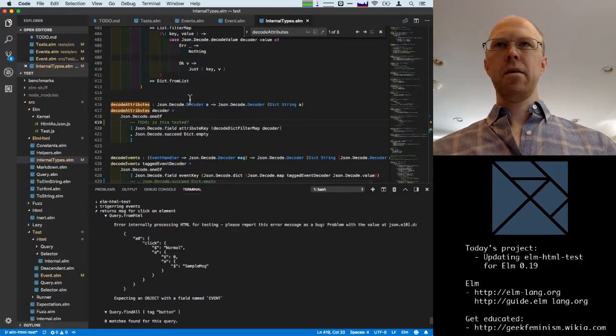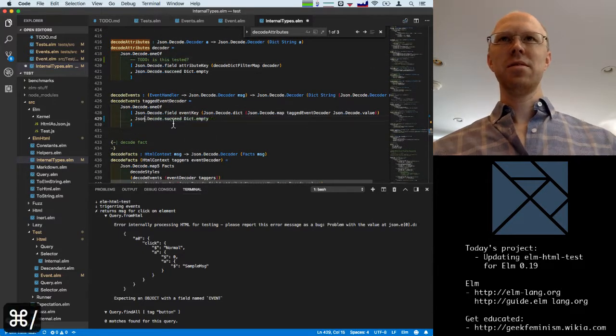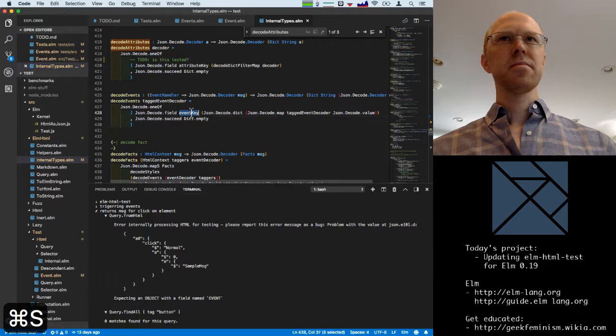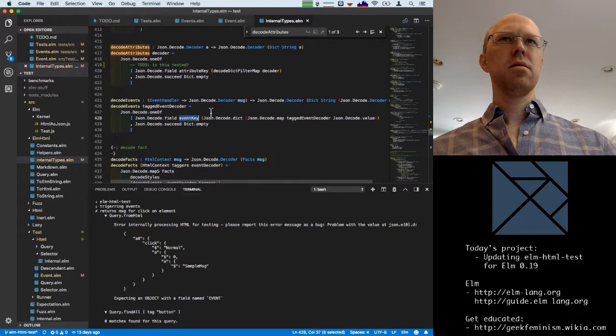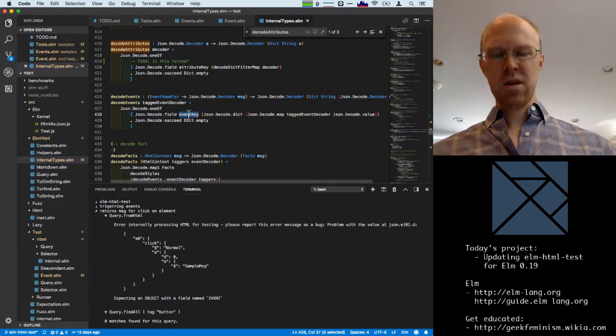Okay. Well, I didn't really learn anything that I was hoping to learn about this, but event key, I would guess that event key is supposed to mean the click event. What is event key?